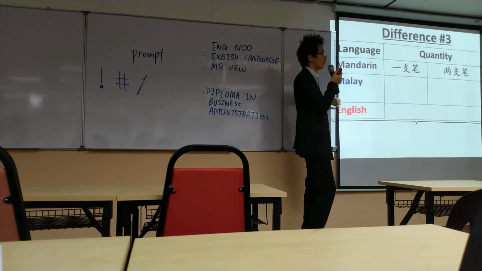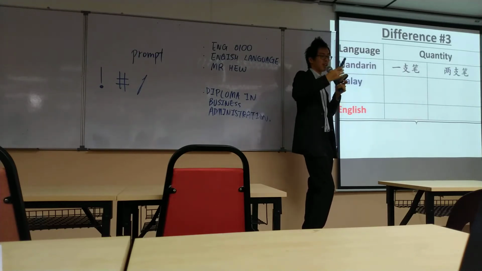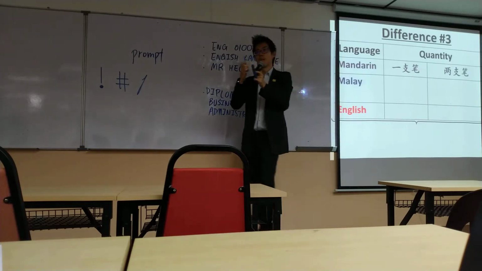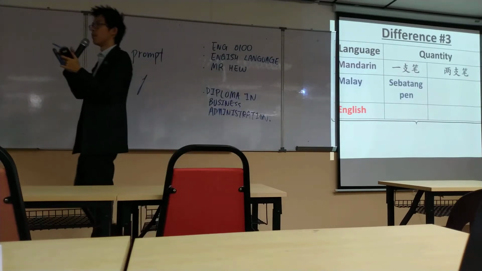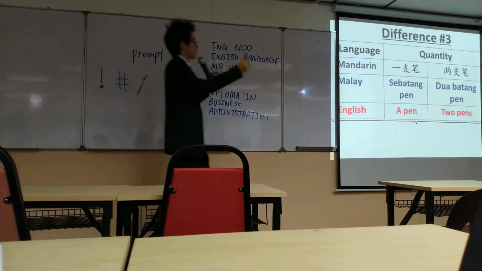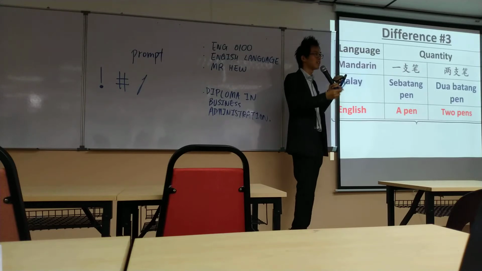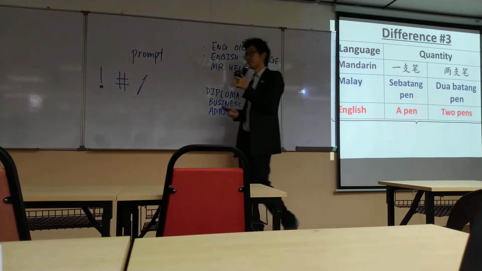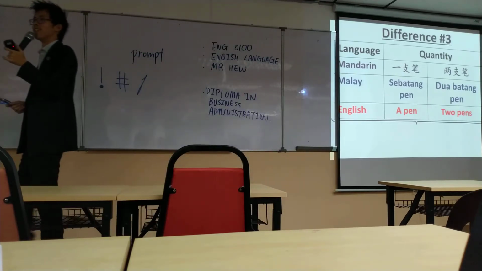Okay? Quantity is like we have one pen, 一支笔，两支笔。Okay, in Malay, sebatang pen, dua batang pen. Alright. You know English is a bit tougher. A pen, two pens. We always forget to put the word S. Because in our culture, we don't care about quantity. We don't say 一支笔、两支笔死。我桌上有很多鼻屎，你可以借我一些鼻屎吗？拿去。